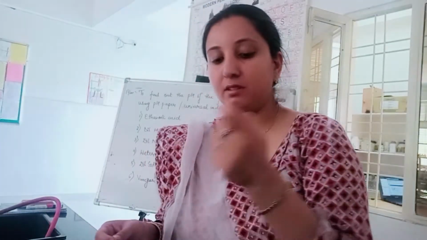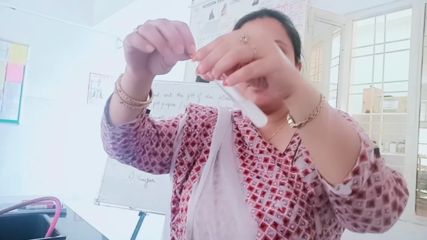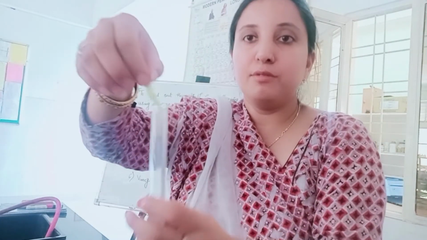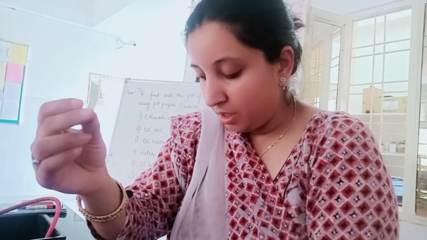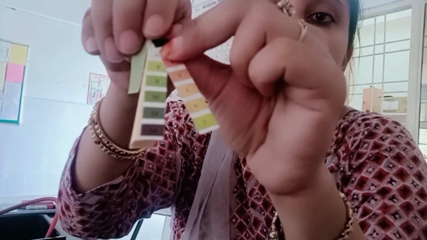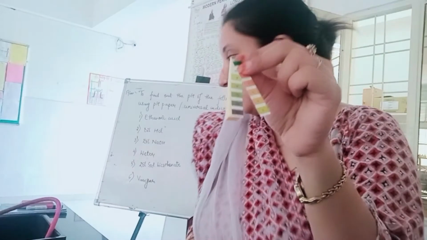Now, this is my sodium bicarbonate. So I am dipping a pH paper in it. Now on dipping, if you observe over here, its color has changed. So I need to match this particular color over here. Now if you look, my color is matching to this reading. I hope it is visible to you. So its color is matching to the 8. It means that my pH over here is 8.